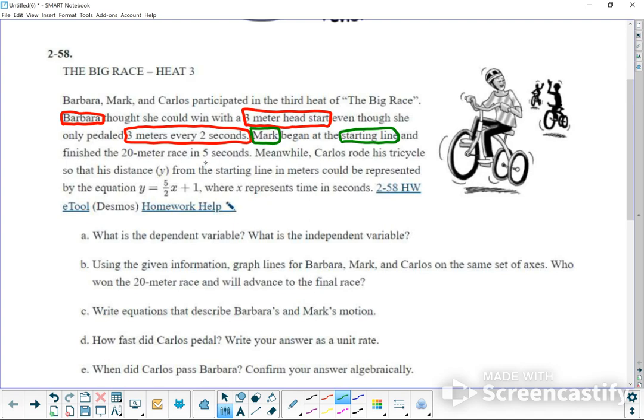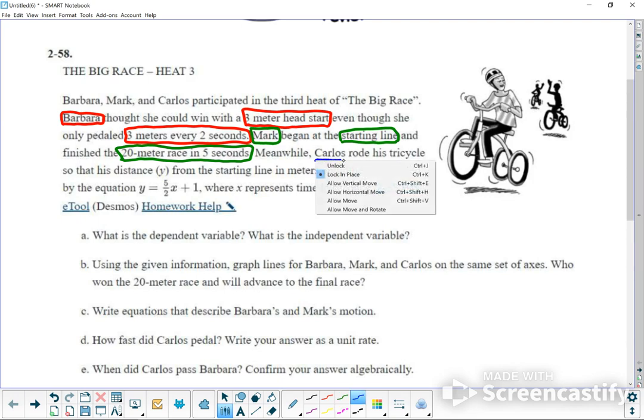Wow, okay, so this one's a little different. Basically, this tells us that the race is 20 meters, and he did this in 5 seconds. So that's also very important. But that's also the end of Mark's race. So, something to think about. And then with Carlos